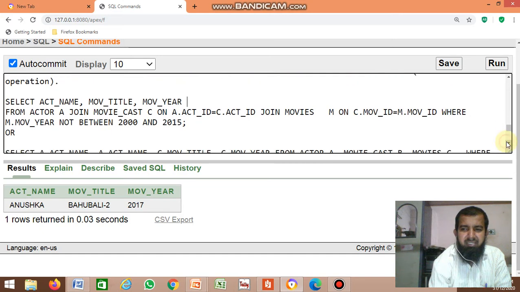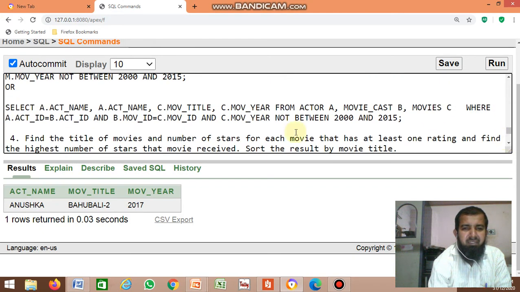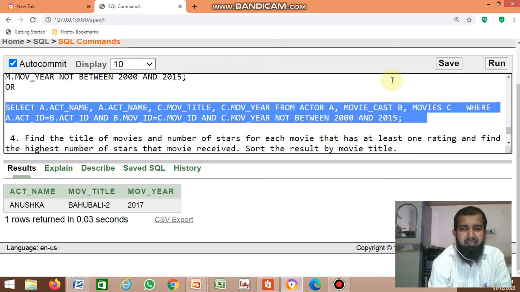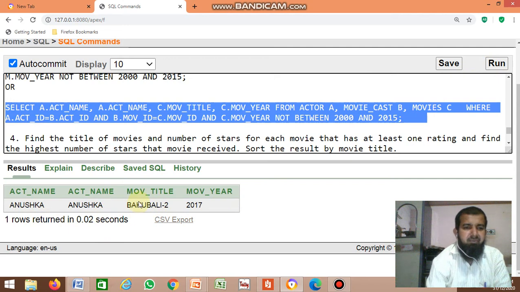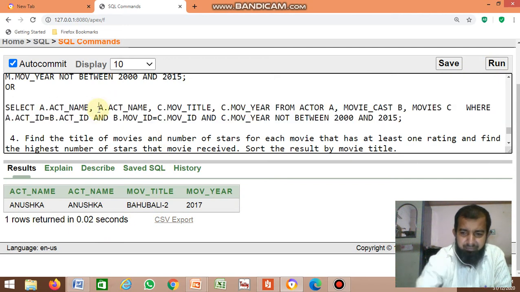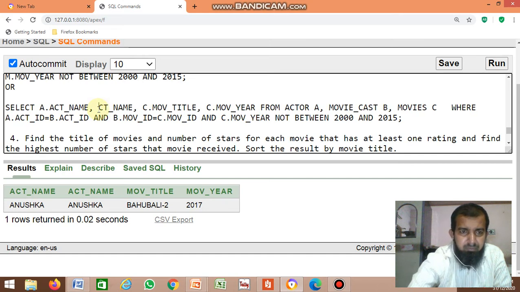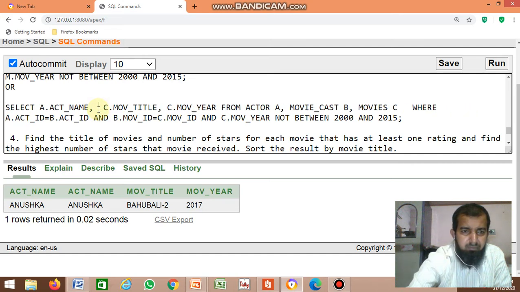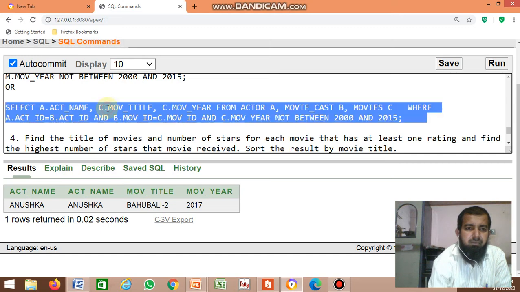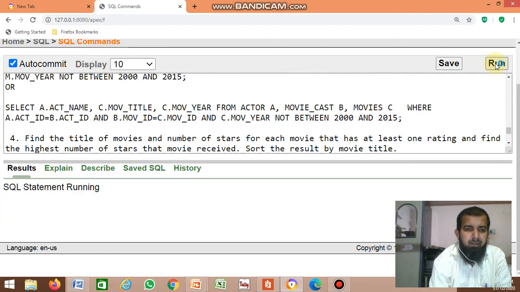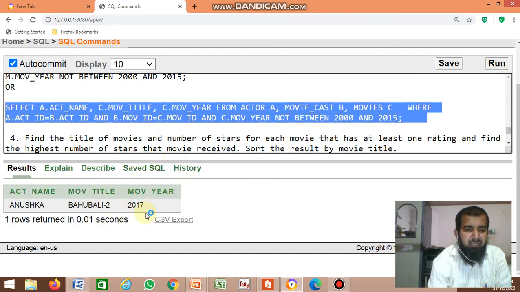You can display the same answer in one more method without using the join operator, and you get the same answer. Only one movie is released after 2015, that is Bahubali 2.